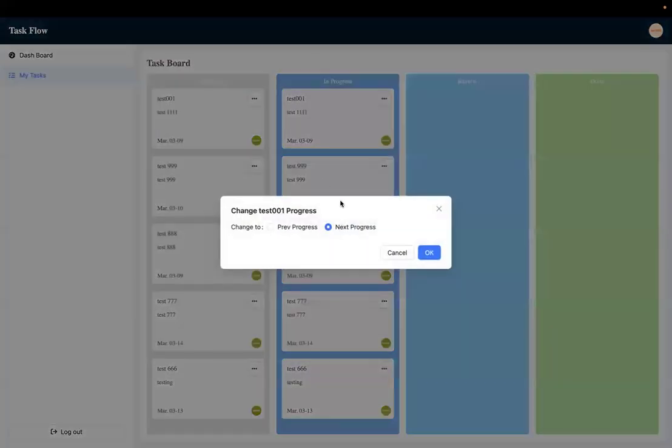So clicking it, it will automatically give you two selection options. The first is to promote to the next progress state, and the second is to backlog it to the previous progress state. And here are all the buttons, and it will automatically change the state of the task. But we also have another API which is to